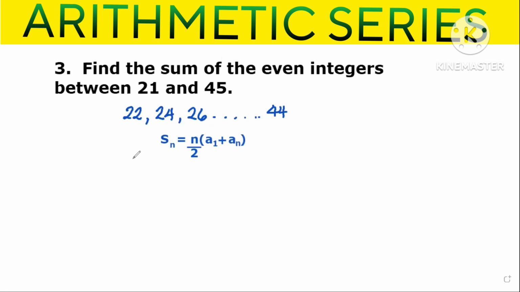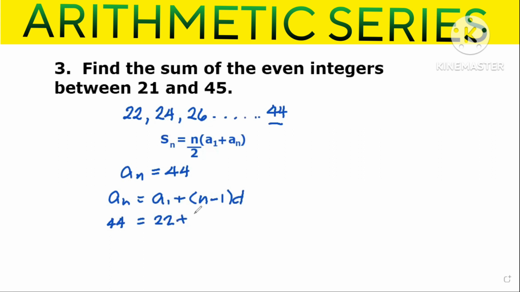But the challenge here is to solve for n, because how can we solve for s sub n if we don't even know what n is, no? So to solve for n, we will use the last term, 44, no? If we let a sub n be equal to 44, and using the formula for the nth term, a sub n is equal to a sub 1 plus n minus 1 times d. Substituting 44 to a sub n, we get 44 is equal to a sub 1 is 22